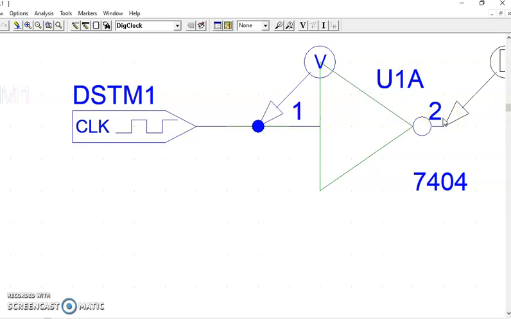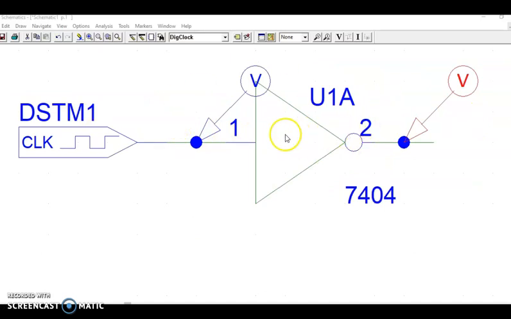So in order to avoid this, what we can do, add a wire to the front of it as well, and then place the voltage marker on that. Now I place the marker. So you can observe here this marker is overlapping on the inverter. I don't want it to happen.